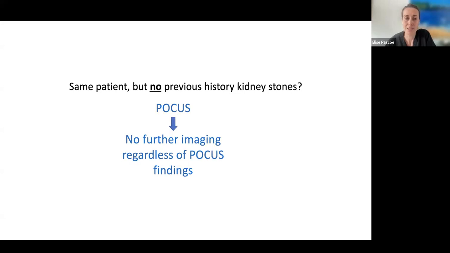But interestingly, same as in the last guy, they recommended POCUS as bedside ultrasound, but regardless of whether there was hydronephrosis, they recommended no further imaging. So it's interesting that this panel of experts is curious to know whether we've got evidence that there is hydronephrosis or signs of a kidney stone, and yet, irrespective of the findings, probably wouldn't